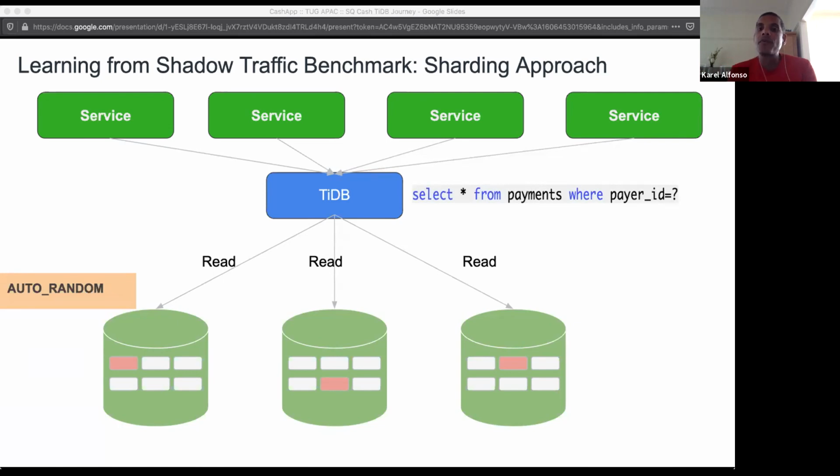So we found, for instance, that reading from secondary indexes was a problem. Let's say that we have customer and payments, and payments has a customer ID. Payments has its own primary key, which is distributed or random. Now we want to find a certain amount of payments for a customer. Because it's auto random, all the payments for the customer are distributed across the nodes, which means that we need to do a full cross-site query.